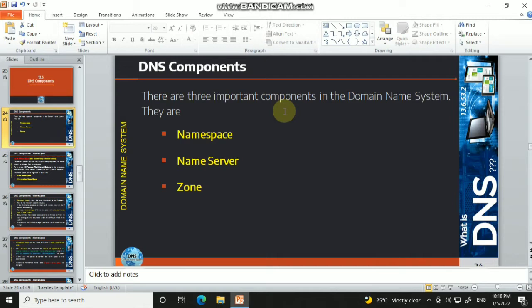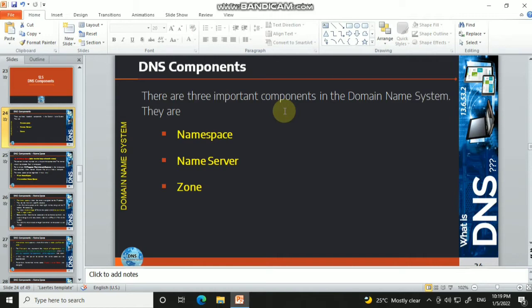Absolute URL address is nothing but the full URL address starting from http://www.google.com. So the full URL address is called an absolute URL, and a partial URL address, for example, directly typing google.com, that's all. That is a partial URL address, which is called a relative URL address.